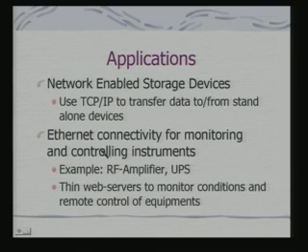Then you can provide Ethernet connectivity as well as TCP IP connectivity for monitoring and controlling instruments. You can have a radio frequency amplifier which is used for, say, broadcast or other applications. Now, you want to monitor its condition, you want to set parameters to the RF amplifier. How to do that? You can have a digital interface. If you have a digital interface, then using the digital interface you can make a remote connection, and through the remote connection you can provide these features.